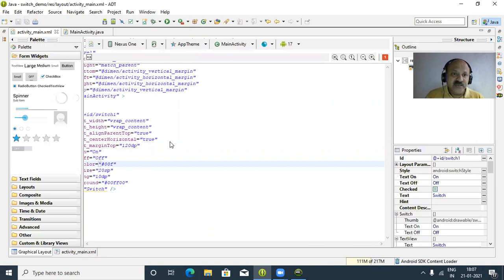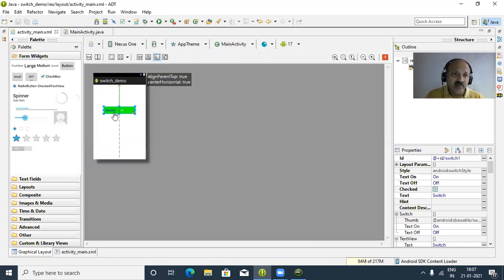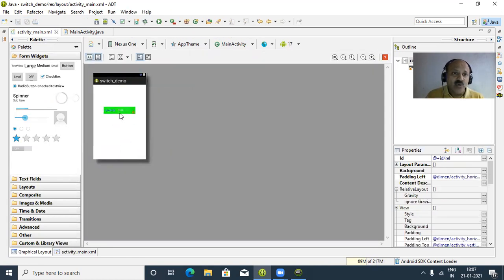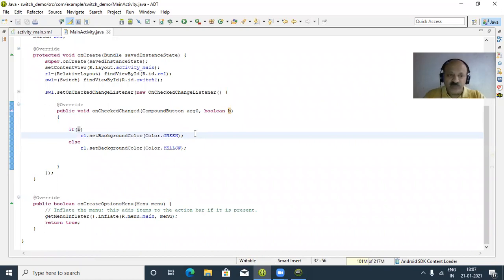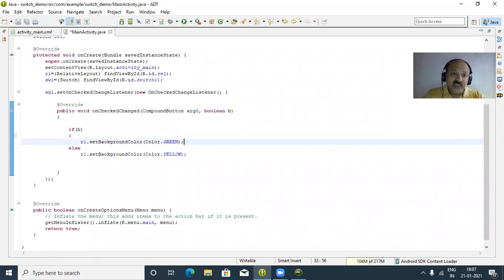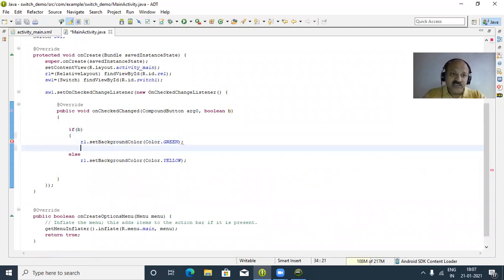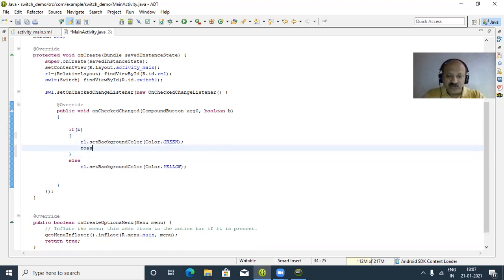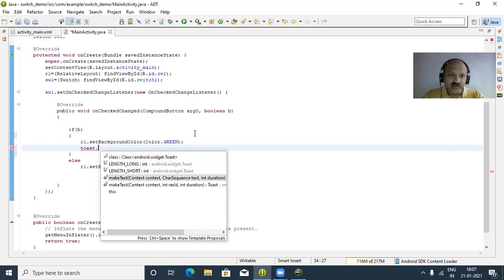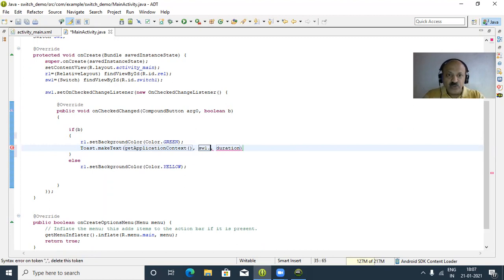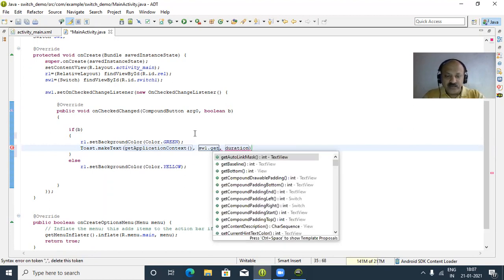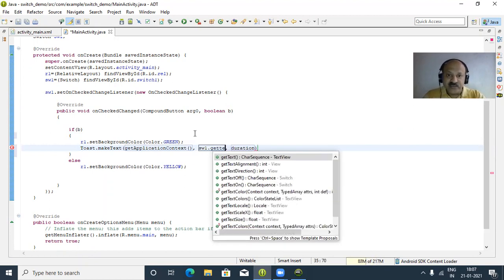So what is our goal? Here the background is green, so on and off there are two states. So we can print some message in the Toast class. So let us check. So isChecked is a property, because that is the same as radio button and toggle button. So here Toast class dot makeText, getApplicationContext, and here switch one dot getText on and off.